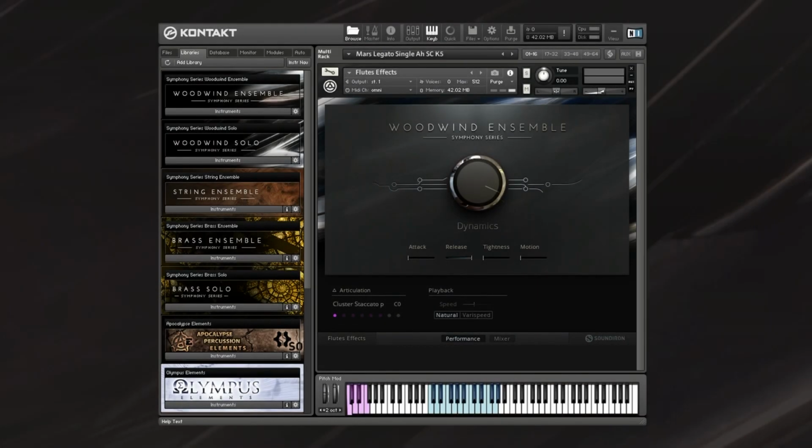Corey Pellizzari here for Native Instruments and Sound Iron, and in this particular video I'll be showing you the effects. Now I've got the flutes pulled up here, the Ensemble Flutes, and let's have a look at the different effects we have available. We've got clusters,